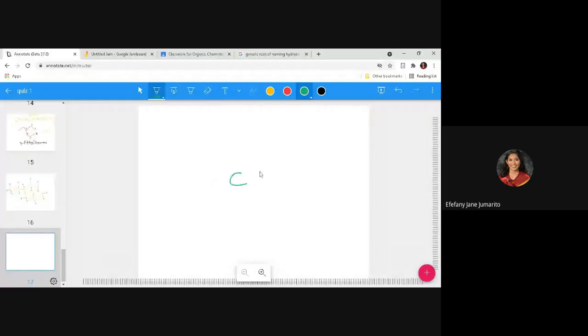Okay, we have number 7. We are given with this one. Okay, isopropyl pentane. We have the parent chain, which is pentane. So let's write that one. We have C and, okay, class, makita pa? 2, 3, 4, yes, 5. Yes, ma'am. Okay, then we also have